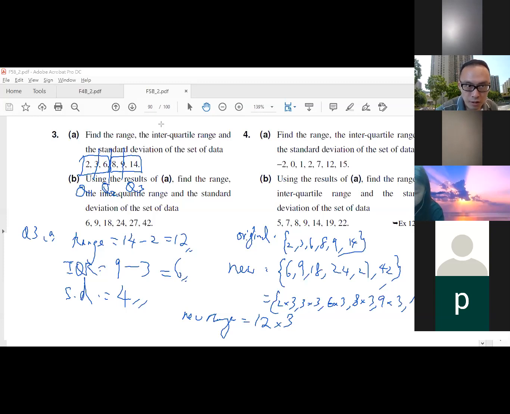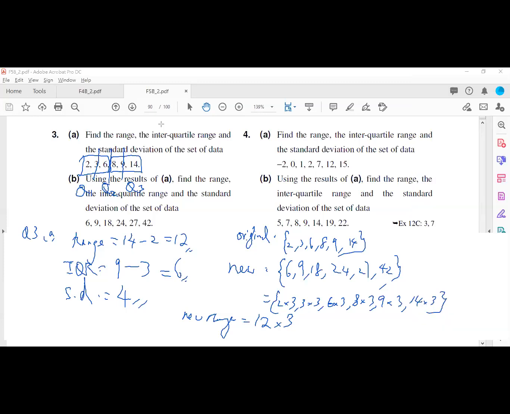Can you see this? This is the original set of data. Original set of data is 2, 3, 6, 8, 9, 14. And now I want to find the range, interquartile range and standard deviation of this new set of data, 6, 9, 18, 24, 27, 42. I need to find out the relationship